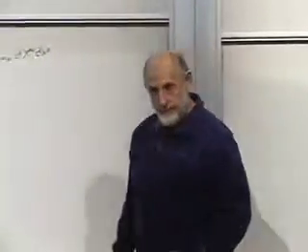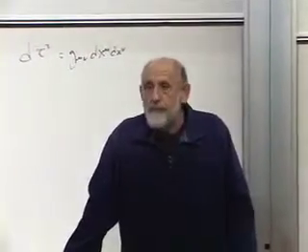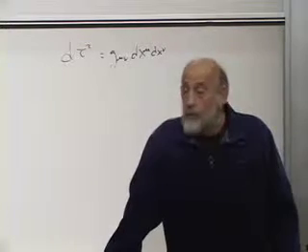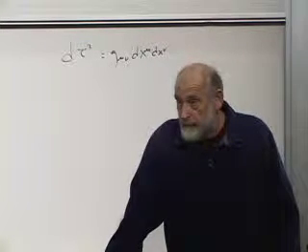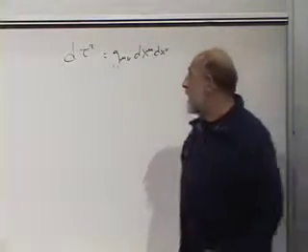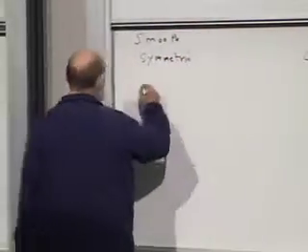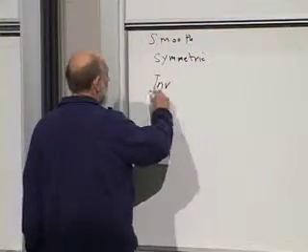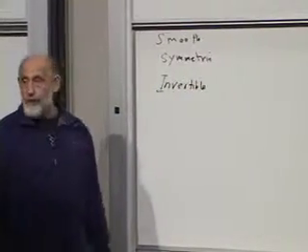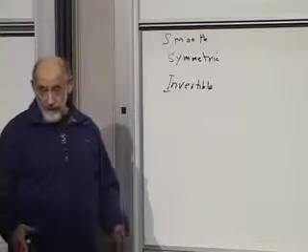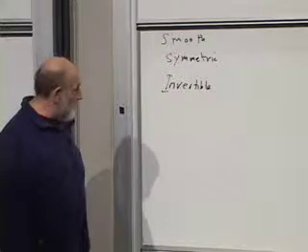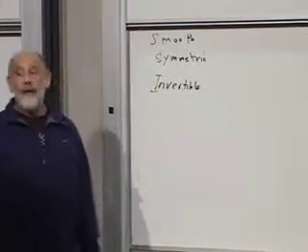What is the condition that the matrix be invertible? Non-zero determinant, but that simply means no zero eigenvalues, because the determinant is just the product of the eigenvalues. So invertible simply precludes zero eigenvalues. That's all this means. Once it's symmetric, it's invertible. But then on top of that, it should have,